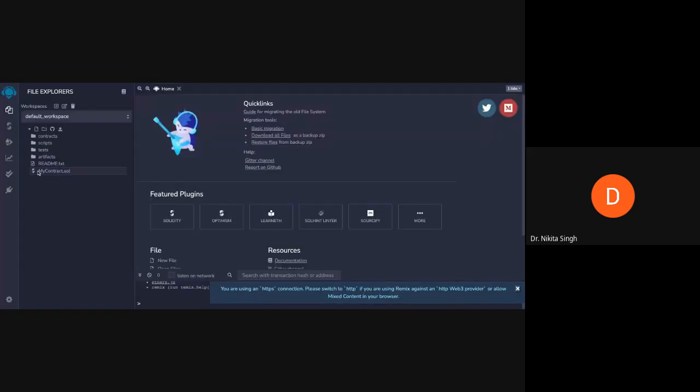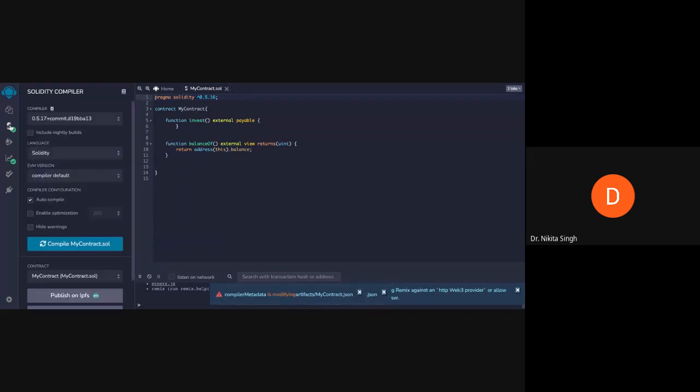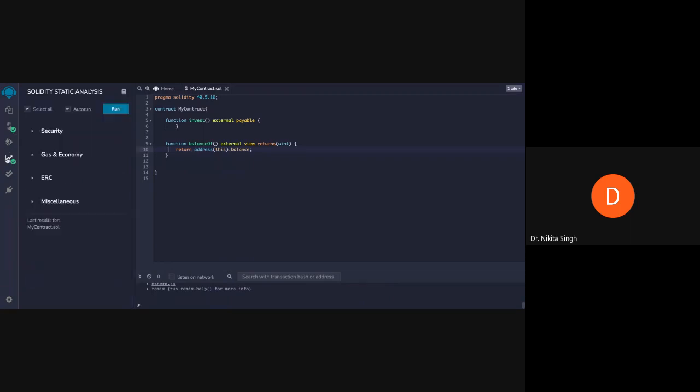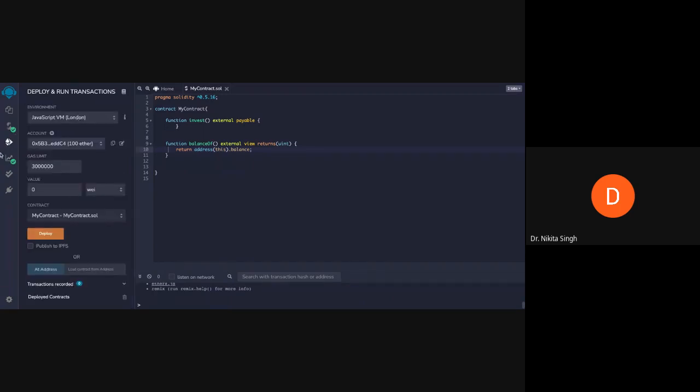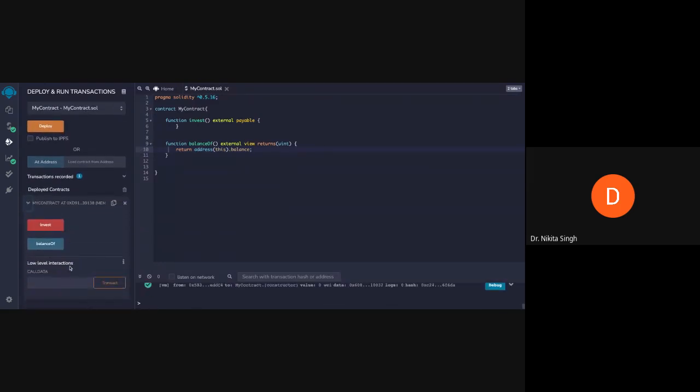We have a smart contract over here. We go over here, we compile this contract. And for some reason, this is okay. So we deploy our smart contract, and this here is our deployed contract.